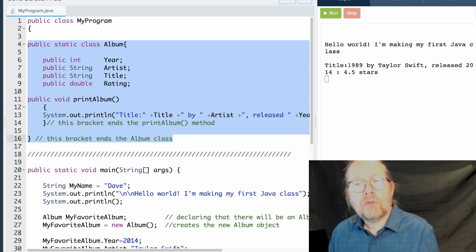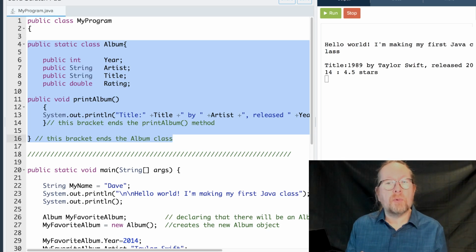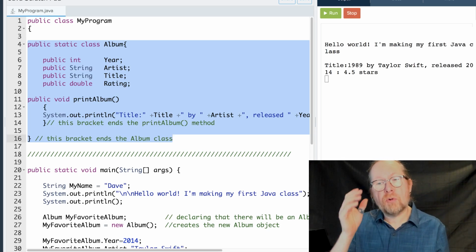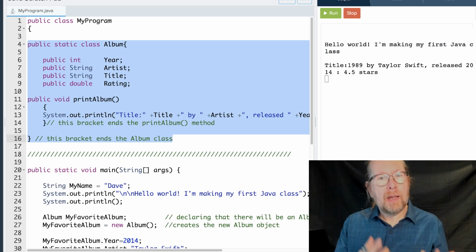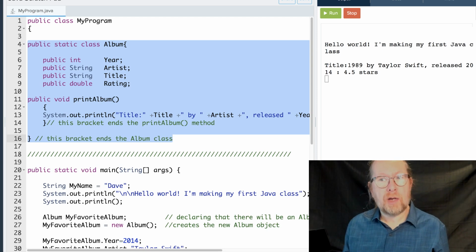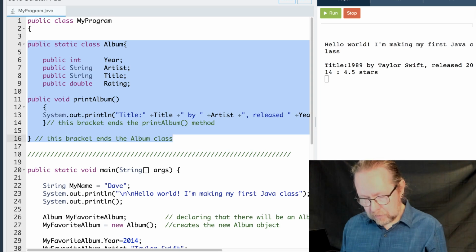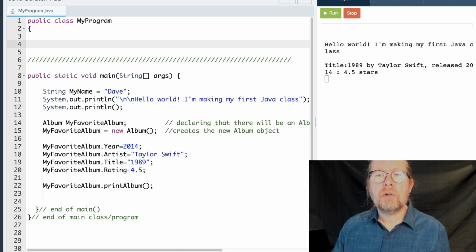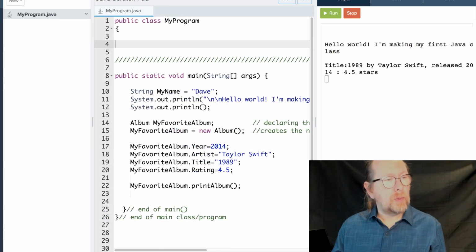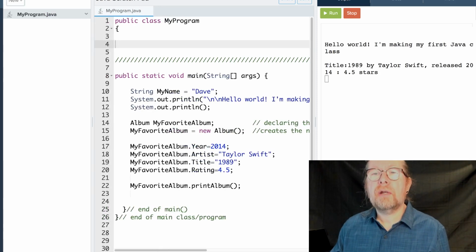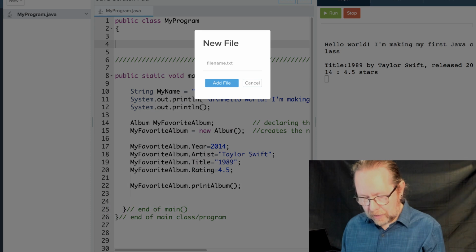The whole point of a class is it's supposed to be portable. It's supposed to be something you can use in various programs. So we should take our album class and make it live by itself in a separate Java file. Let me cut it out of our main program and go to our little sidebar here where we can have other files and create a new file. And I'm going to call it